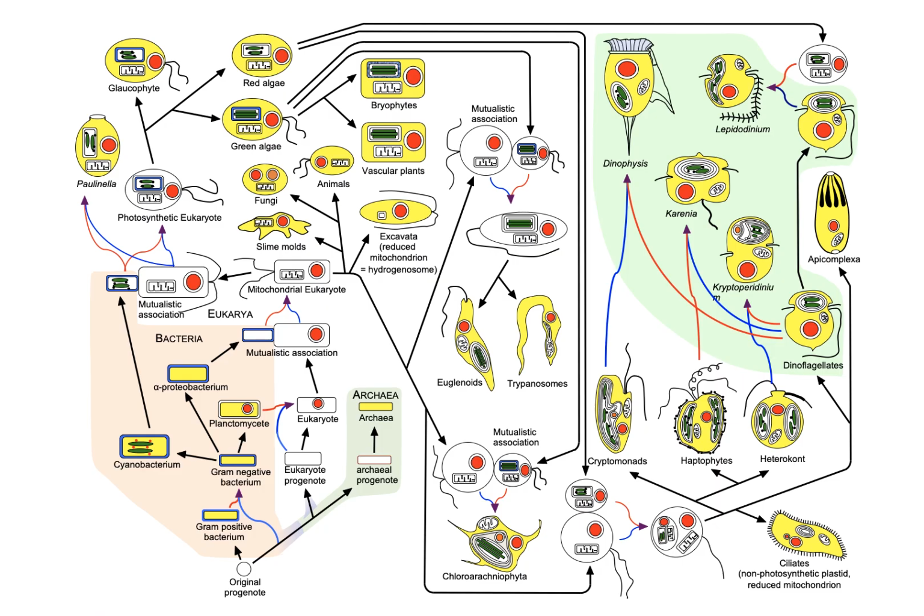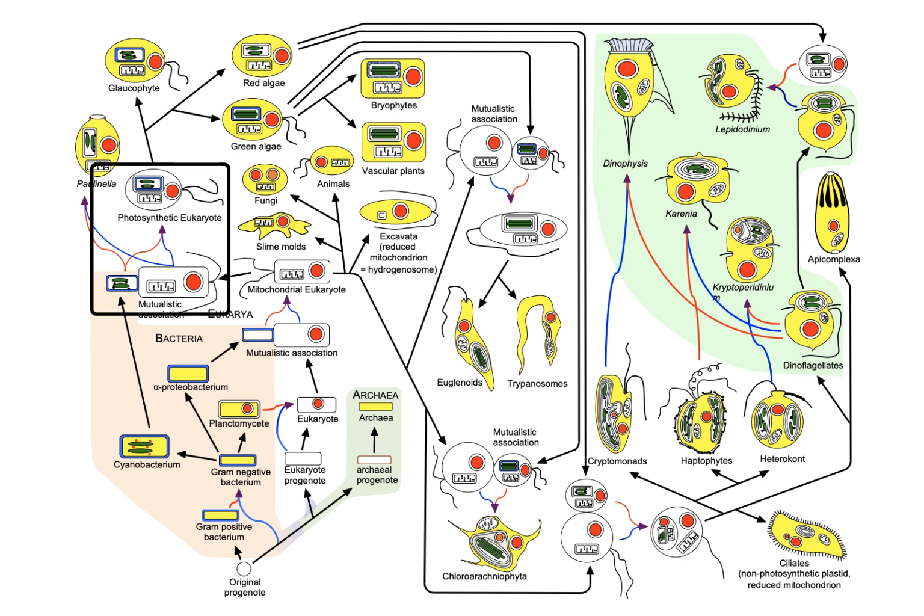So here's a diagram I've shown before where initially you have endosymbiotic events between two gram-positive bacteria to become the gram-negative, and then you have the initiation of a eukaryote from an archaeal cell and probably a planctomycete, and then a mutualistic association and an endosymbiotic event between an alpha proteobacterium and a eukaryotic cell to become a mitochondrial eukaryote. Those then diversify into the animals and fungi and protists,